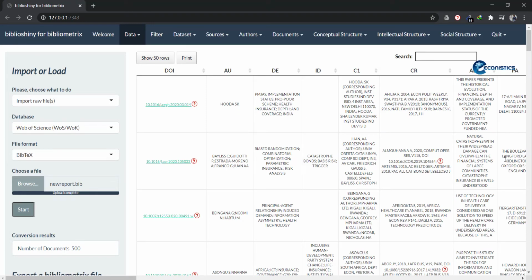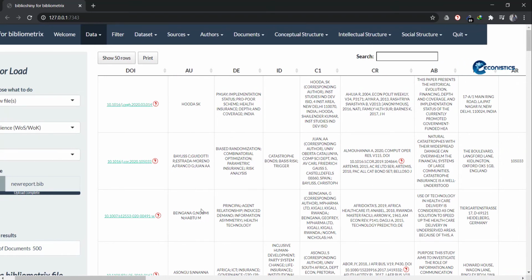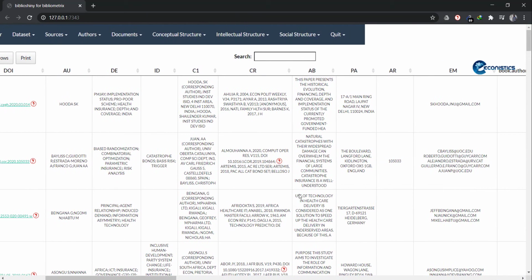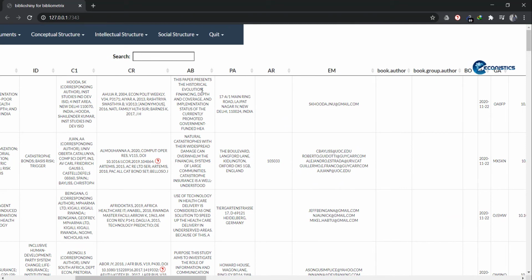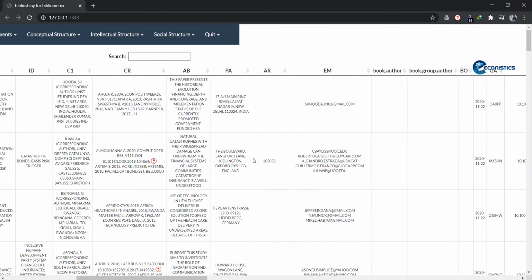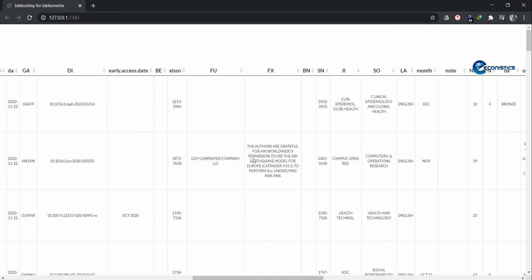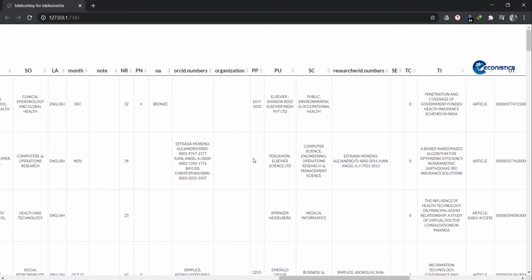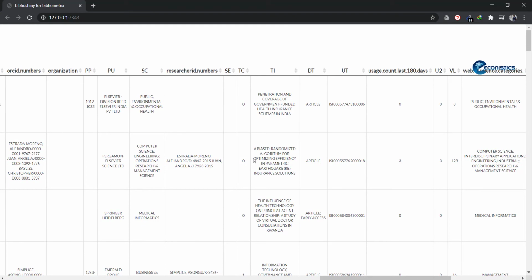You can see that there are DOI numbers for each paper, author names, and then the journal title, and this is the abstract, and all the relevant information is there. So this is a report generated for many papers.